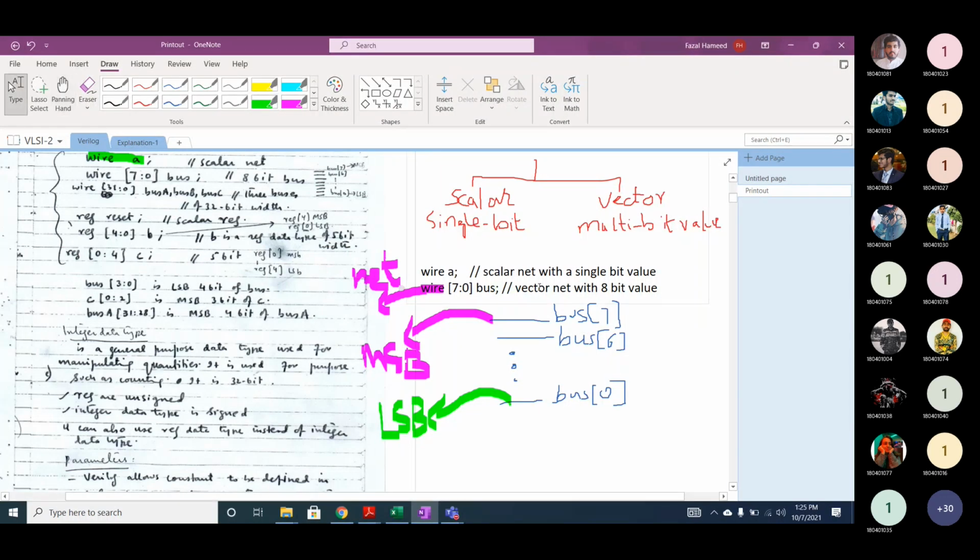Now, if we define a signal like reset, like value, so value is a scalar reg with a single bit value.